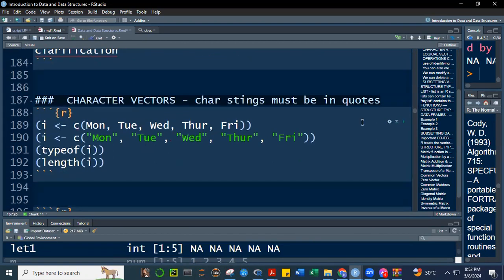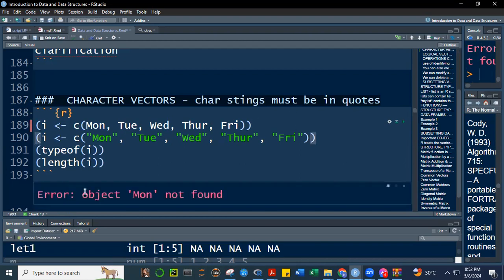Character vectors. I discussed this in greater detail a while ago. Now, will this work? I is equal to concatenate Monday, Tuesday until Friday. If I run this, error, because there's no such object as Mon. This is wrong because R was not able to recognize that as a character since there are no quotes. If you're trying to create a character vector, then they should be in quotes, just like this. So if I run this,